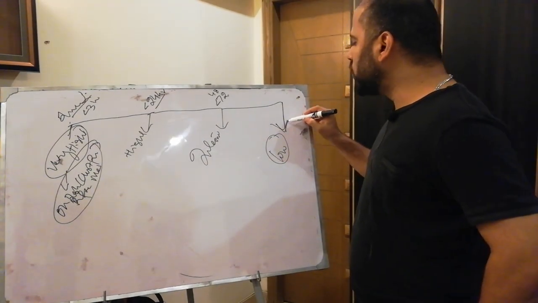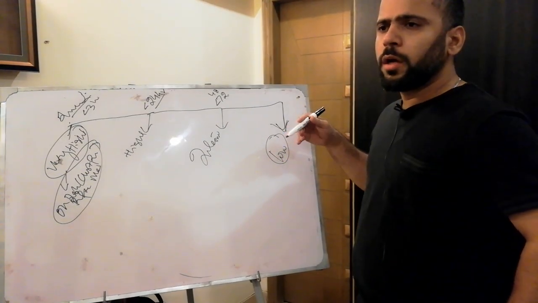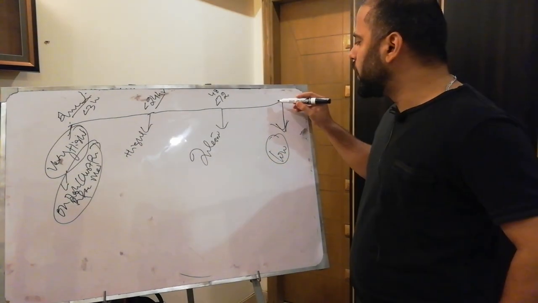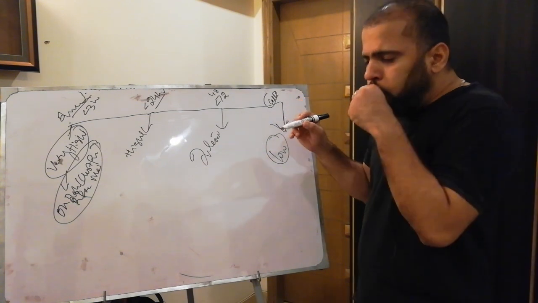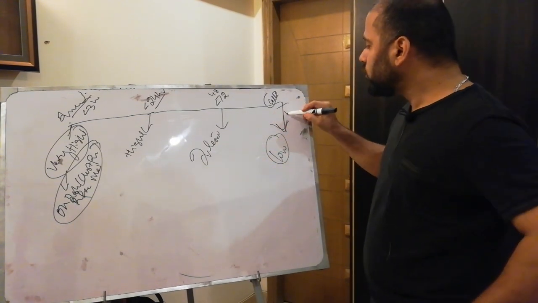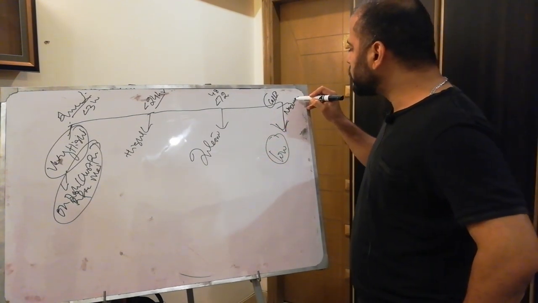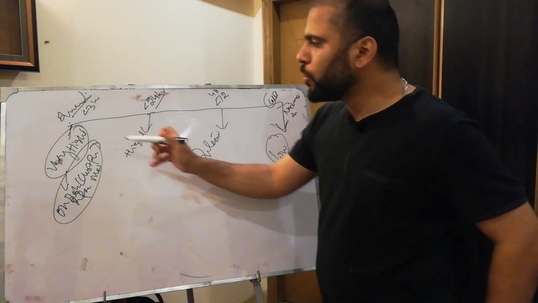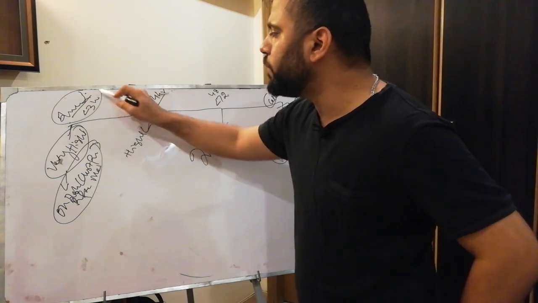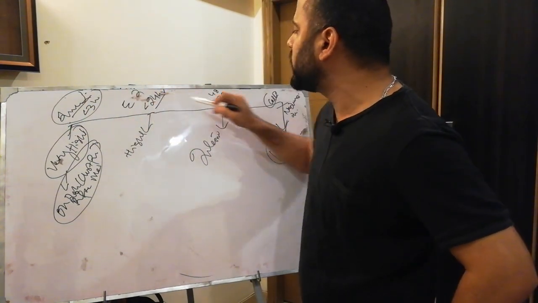These patients shouldn't go to the cath lab, but should be sent for non-invasive investigations. Got it? So these are the immediate invasive patients, these are the early invasive patients, and these are the